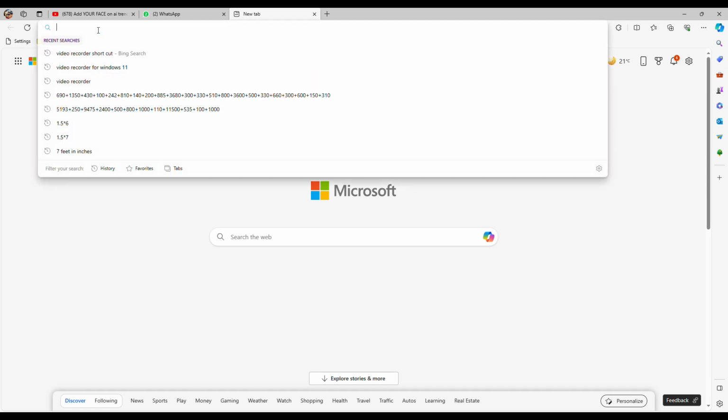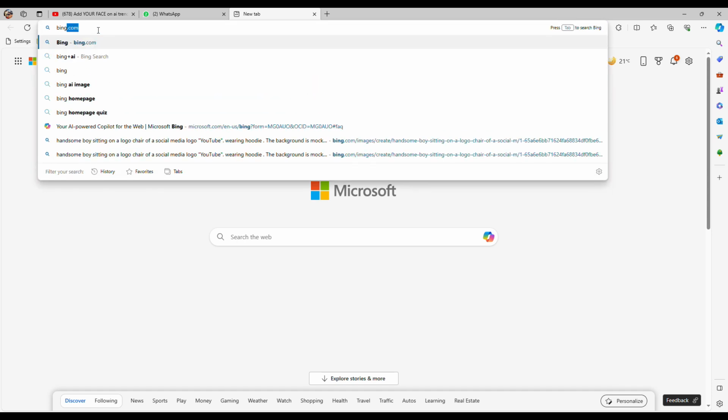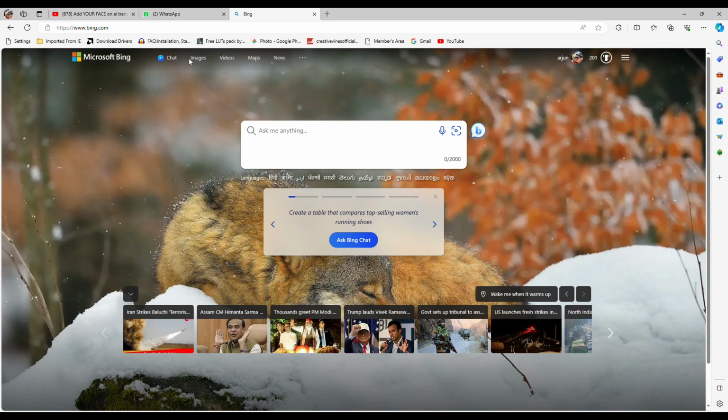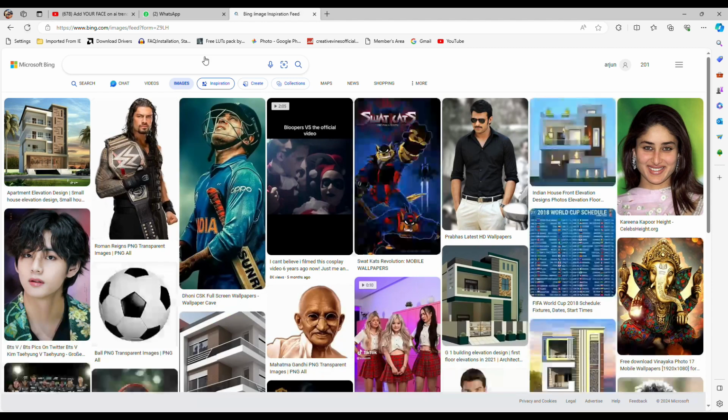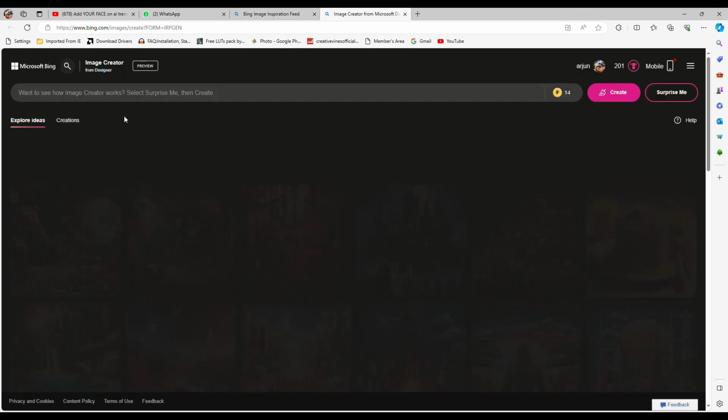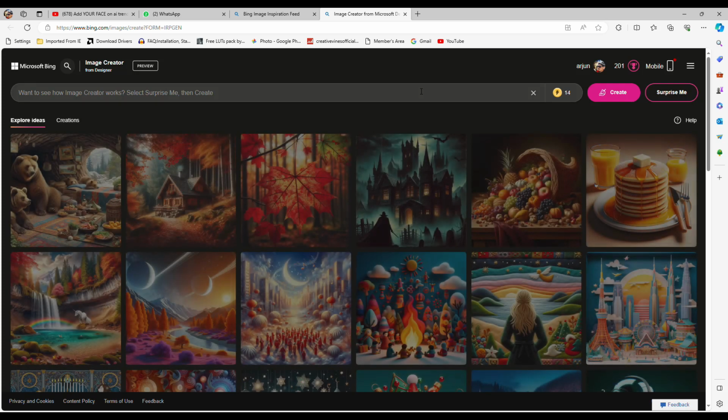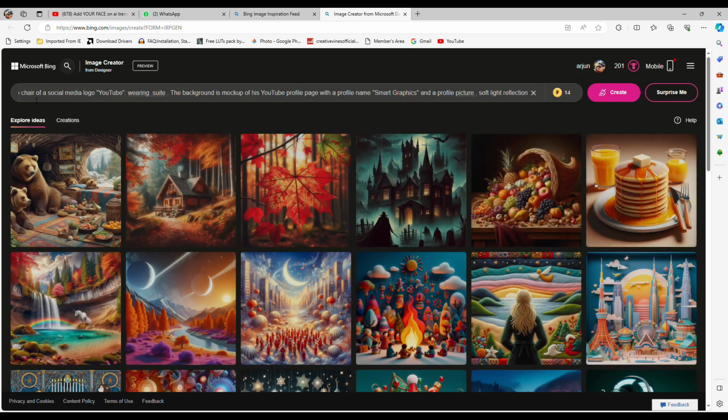You need to open bing.com on your desktop, or you can download the Bing app on your Android phone. Once you are on bing.com, go to Images, and you will find an option to create. After going there, you need to log in with your email credentials. Once logged in, you will get 200 points on the top right corner, and you can enter the text in